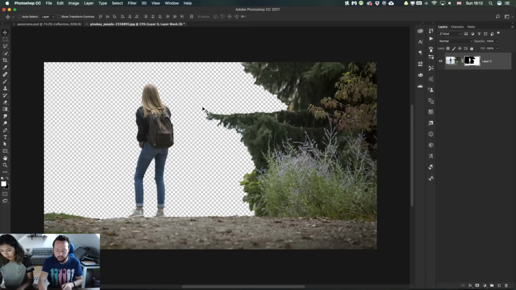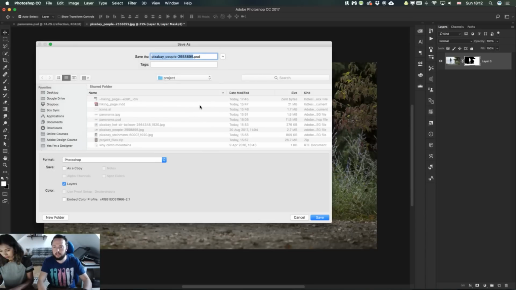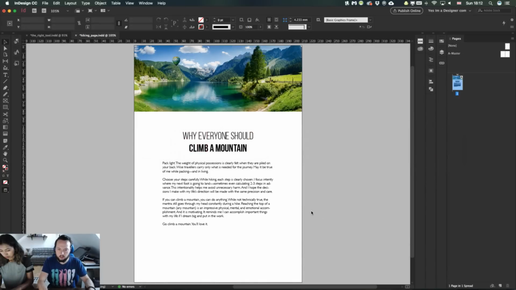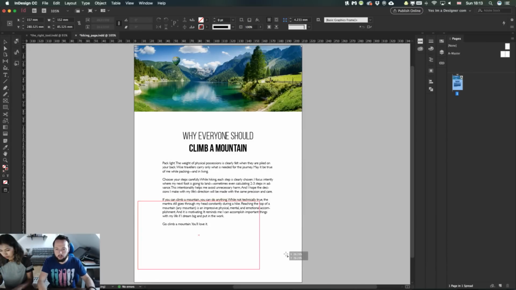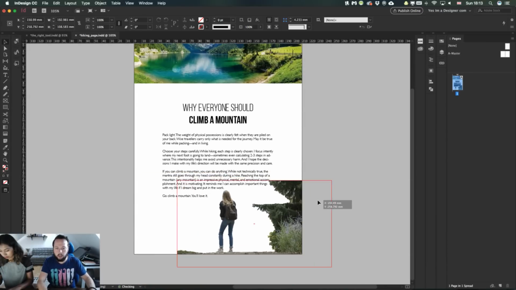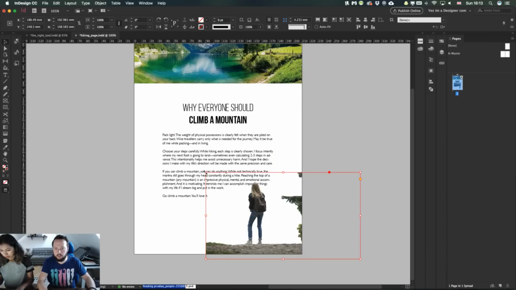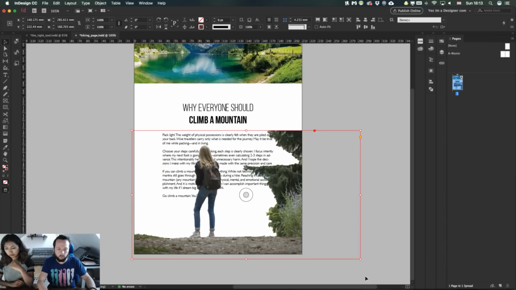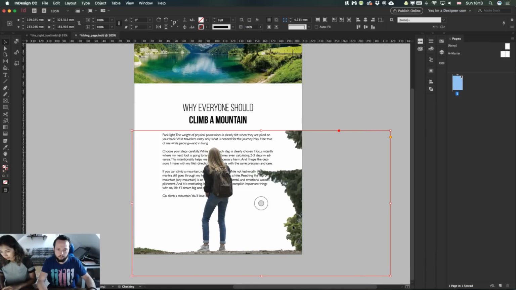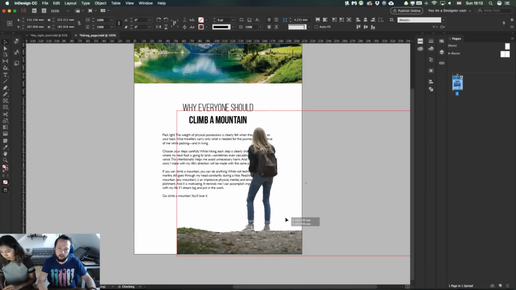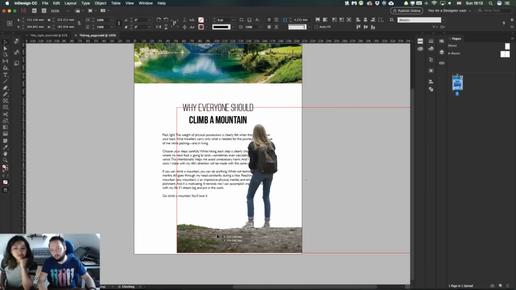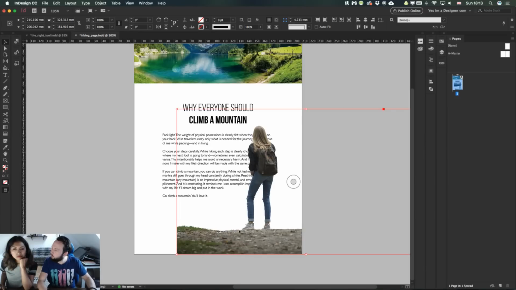But what's important is that I'm going to save this as a Photoshop file again. So let's save it as a Photoshop file and then bring it into InDesign. So I use Command D or Control D to place it in, and there is my Photoshop file. So I'm going to place it in like so, and I am not sure whether we need the trees to be visible as well, but what I was planning to do is a little bit of a trick here. All right, so we will need to have her standing somewhere around here. So we need to probably extend the ground a bit. So if I Alt double click on this in InDesign, holding down the Alt key and double clicking,